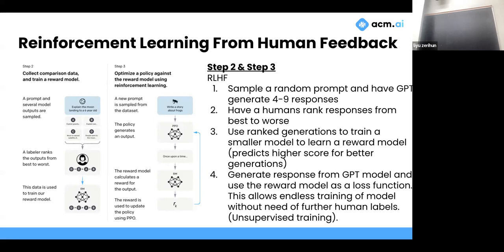You have the GPT generate 4 responses for you, let's say. And then they have a human rank the responses. I think this one's better, I think this one's worse, right? We use that to train a model that learns human preferences. So it learns, okay, given these 4, how should I rank them, right? It learns from humans ranking how it should rank them.